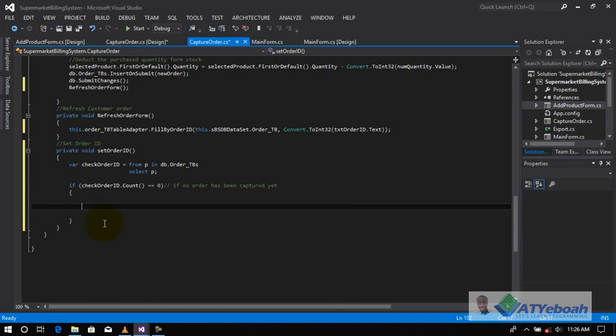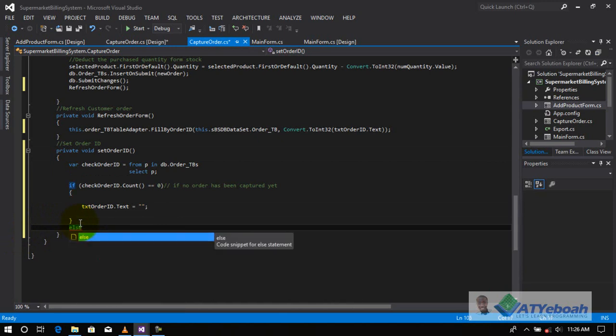If no order has been captured yet, then tst order ID dot test should be an empty string. Else,